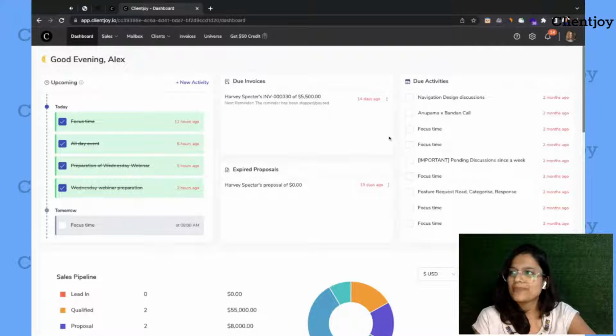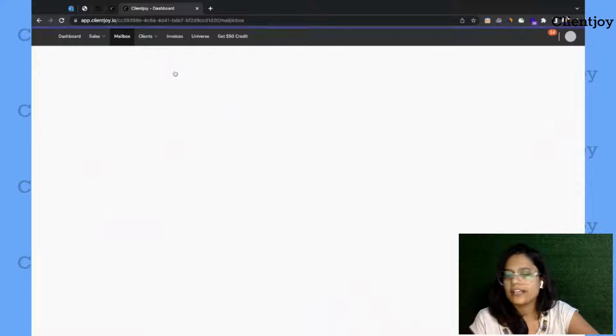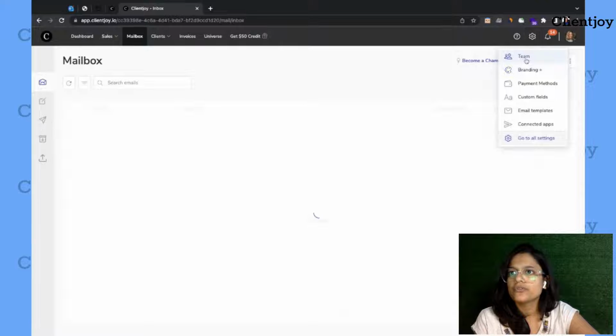Okay, so I'll begin with the setup first. When you use a scheduler like Clientjoy's calendar, there are two things you need to do first. One is that you have to do your account sync, which means you need to connect your mailbox and calendar in Clientjoy. If you are using Gmail, Outlook, or any other service, you can connect that. I'll just show you how. You just go to connected apps in settings,